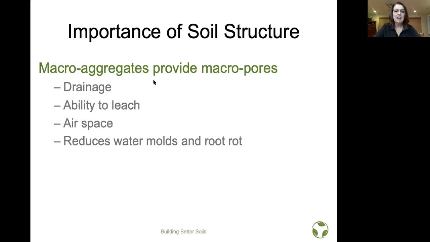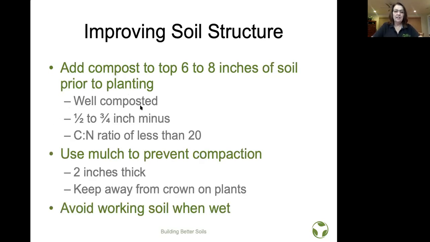So again, the macro aggregates provide macropores, which provides drainage, which provides the ability to leach. It gives airspace, and it reduces water molds and root rots. We're going to talk about the ability to leach and how important that is in San Diego County in a few minutes, because that's related to the chemistry of our soil. So when we talk about improving soil structure,